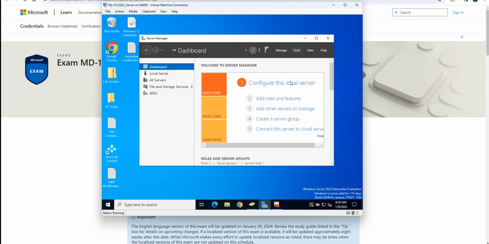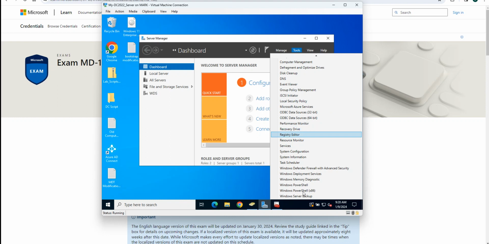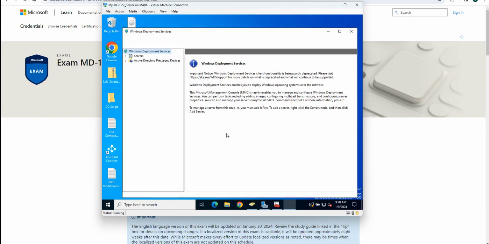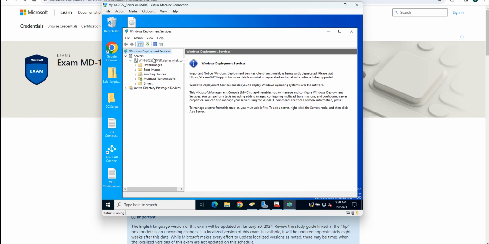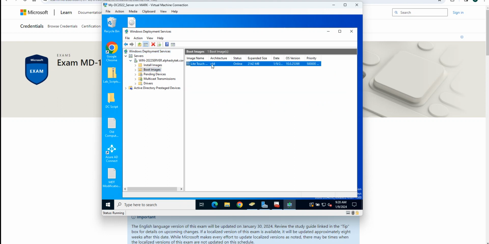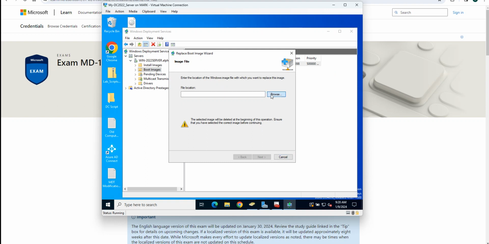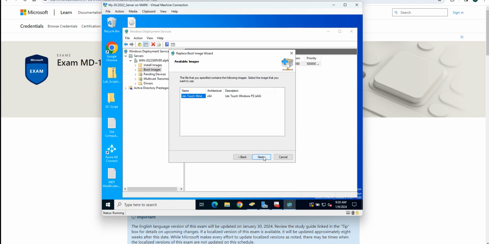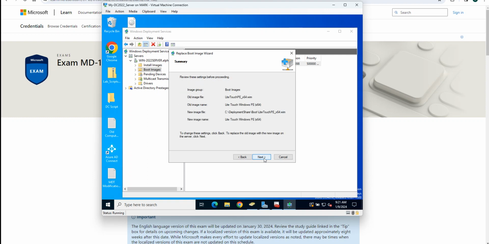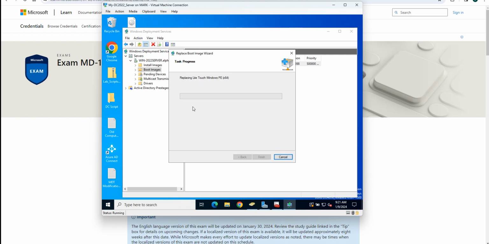So you're going to go to tools, as I mentioned to you, and we're going to go to Windows Deployment Services and to the server location. The boot image is right here, and we're going to replace the image. We're going to go ahead and browse, and automatically it went where it needs to be. And next, and it does detect it. And remember this from the previous process. As you can see, we're going to go to next, next,